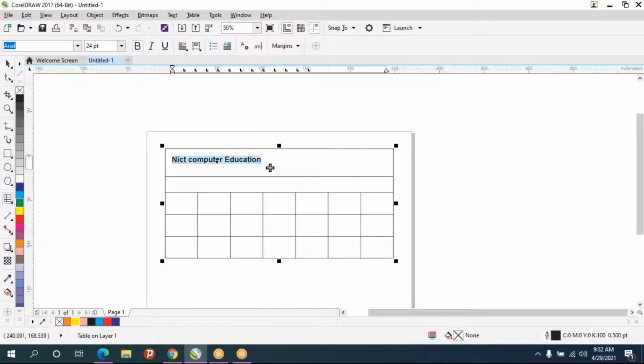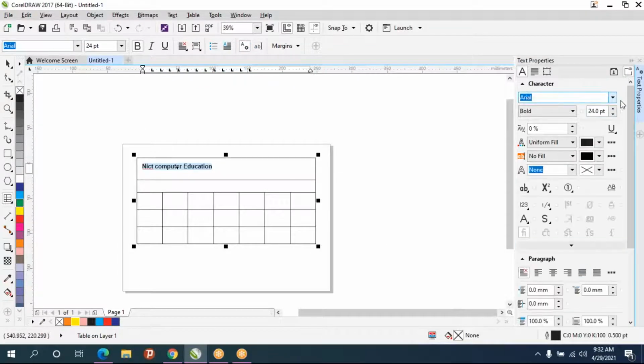If you want to do text alignment, we have to enable text properties. The text properties is not available, so you have to enable it. For example, if you want this text in the center, you click on this icon, this is called text properties, or you can press Control T. Once you are in the text tool you can press Control T, and the text properties will be on the right side.